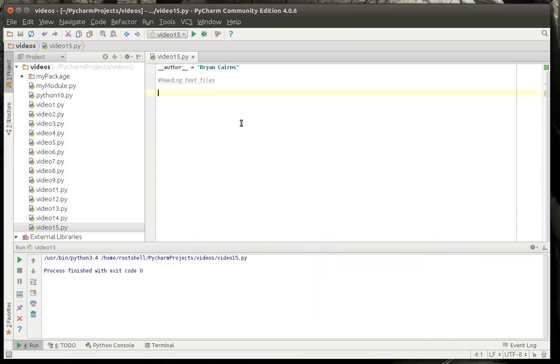Today we're going to be discussing reading text files. This is a pretty common thing you're going to have to do throughout your career as a programmer: read a text file, or specifically read it one line at a time. So we're going to show two techniques here. One, how to read the entire file, and